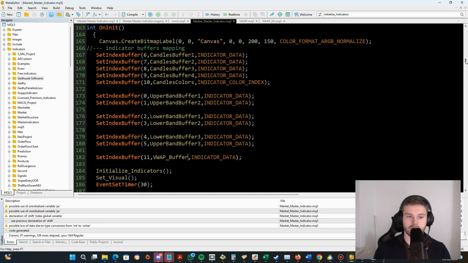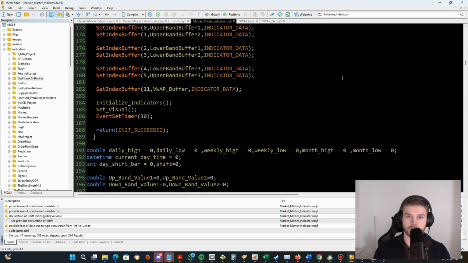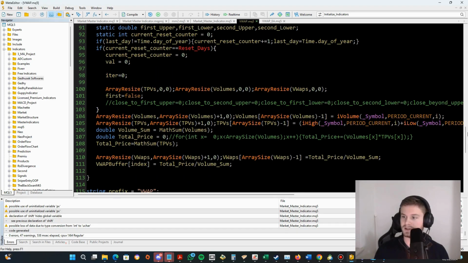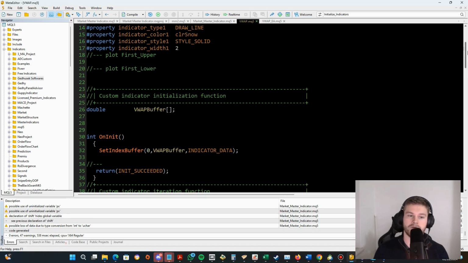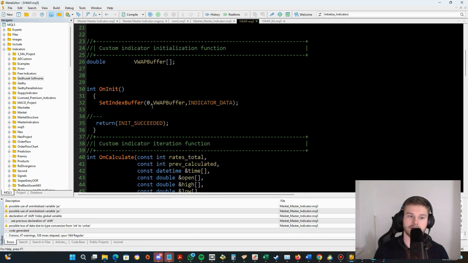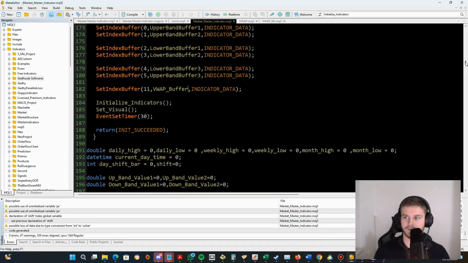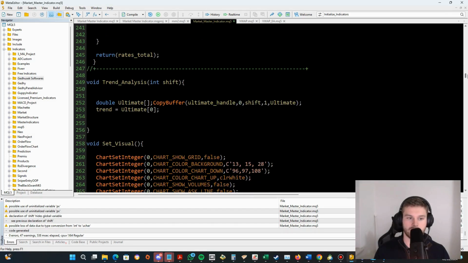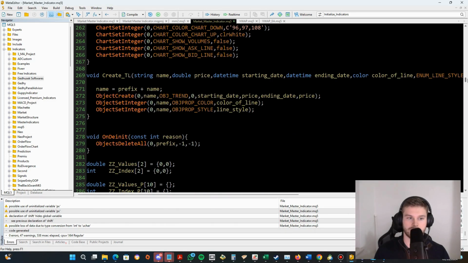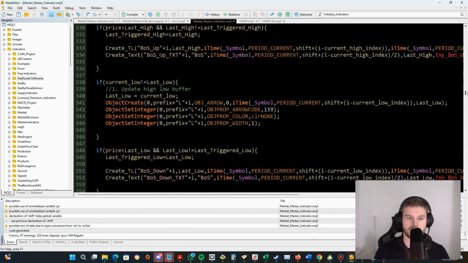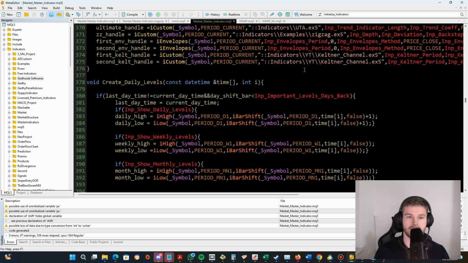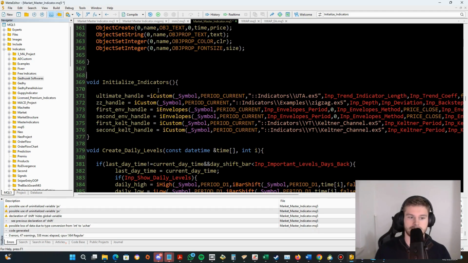Perfect. So now I have to get the VWAP value. If you check my code, you can see that the VWAP value is at position 0. Okay, so that's something we have to remember. And now I just have to scroll down here and